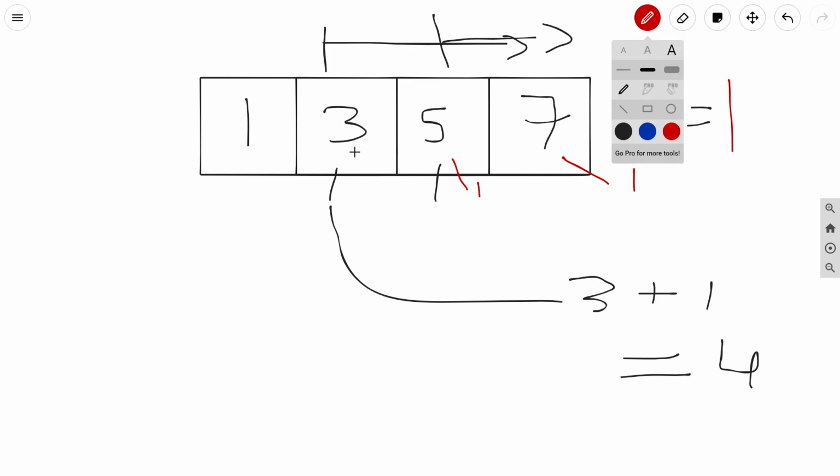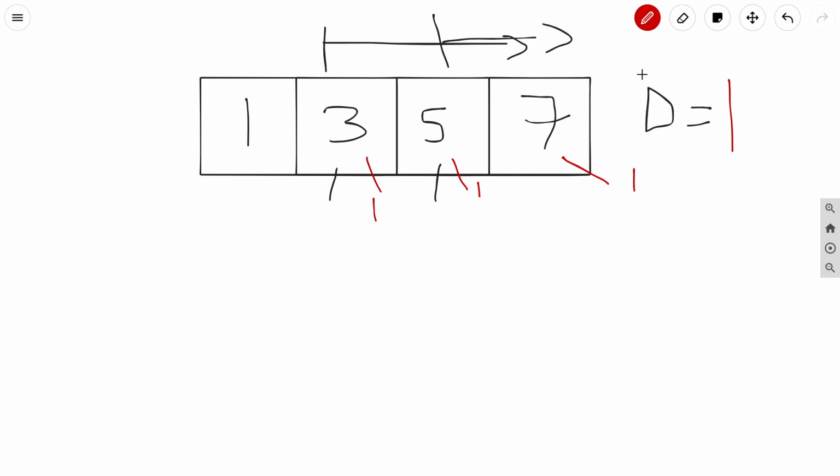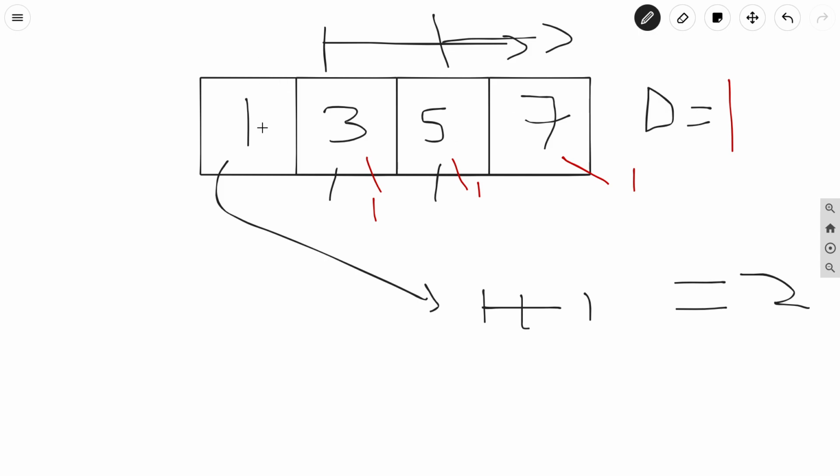This 3 cannot be a part of a sequence started from 4, so this 3 can itself be an arithmetic sequence. We write 1 here as the length of that sequence, and again move to the next index, that is the 0th index. We check whether there is any number 1 plus d. 1 plus 1 is 2, and we can see that there is no 2 in the array after this index. So we again write 1 in this case. The answer corresponding to this index will again be 1.